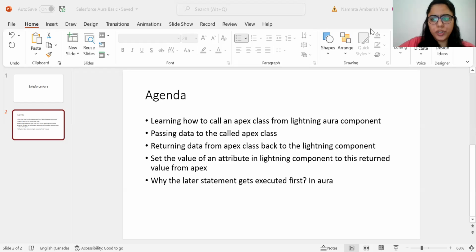Hi everyone. So in today's video, we are going to learn how to call an Apex class from a Lightning Aura component. It's a very basic use case that we'll be solving today. Also, we'll be looking at why sometimes some statements which are written at a later point in the code get executed first. So this is the agenda: learning how to call an Apex class from a Lightning Aura component, passing parameters